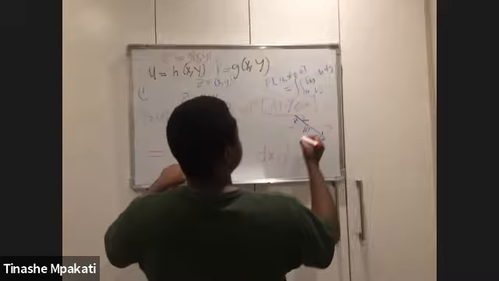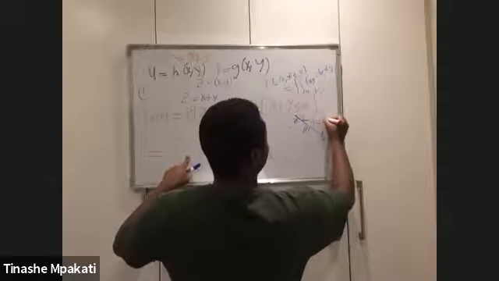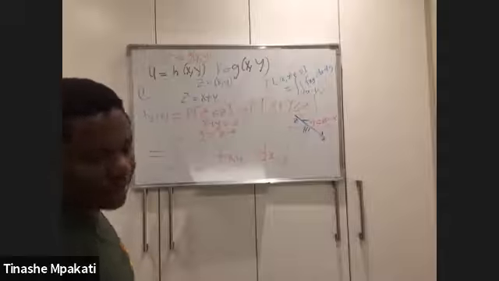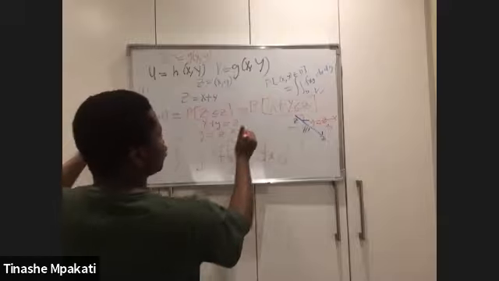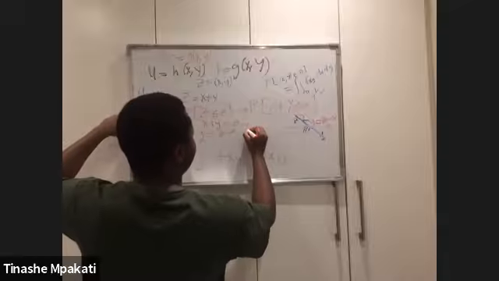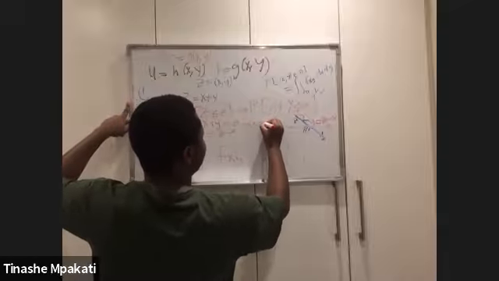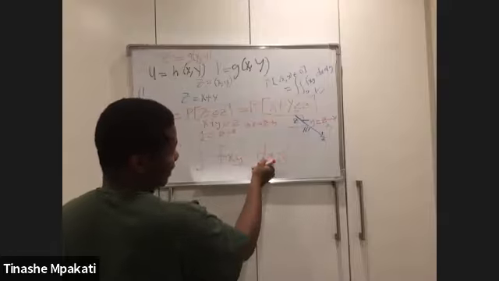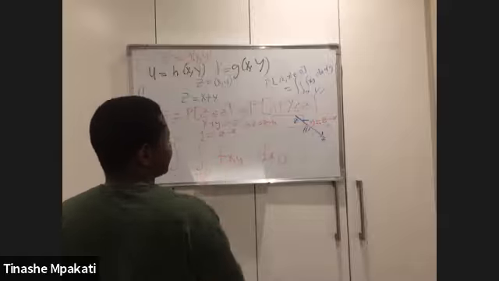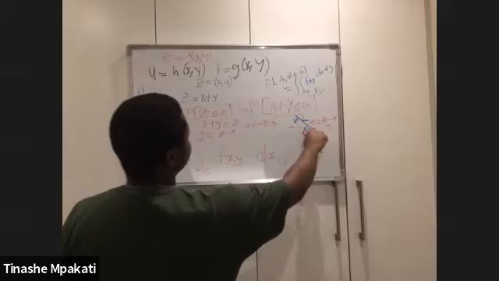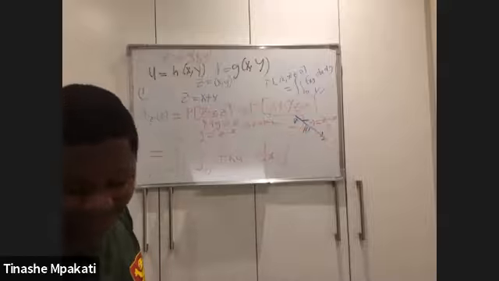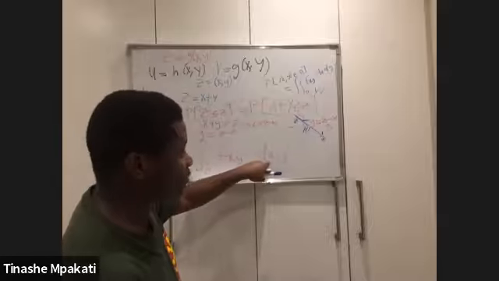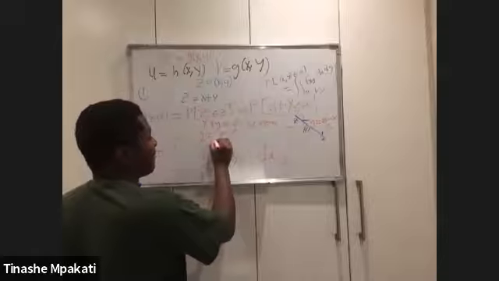What is this line? This is my line y is equal to z minus x. But because I am integrating with respect to x, I will not want anything in terms of x as my bound. So instead, I will write this as x being equal to z minus y. So my integration with respect to x will start from 0 here, going this way to this line, which is the line y is equal to z minus x. But like we said, we don't want to write this in terms of x because we're integrating with respect to x. So I will have z minus y.